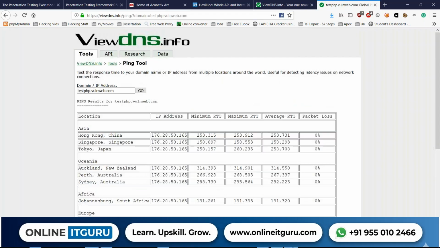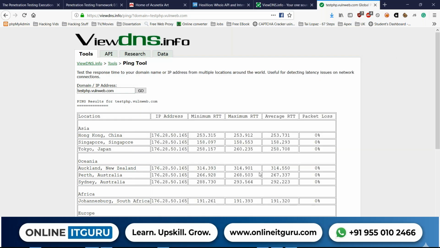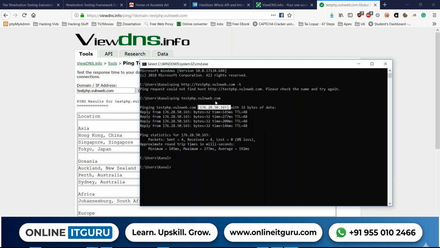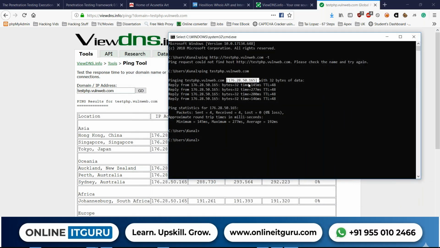You know what ping is, right? The ping command. Have you used a ping command before? Yes, sir. Right. When you ping something, you get a reply whether the host is alive or dead. The good thing is that a ping test always gives you the IP address. So when you ping a target, you get the IP address. Now, when you ping it from your CMD or your terminal, be it Windows or